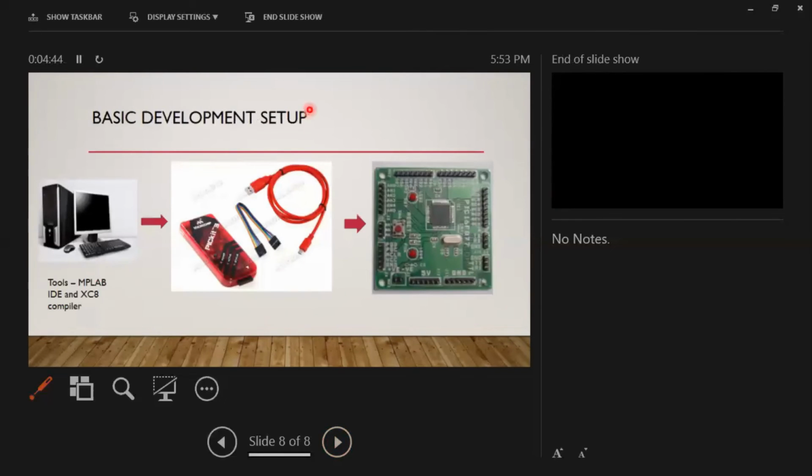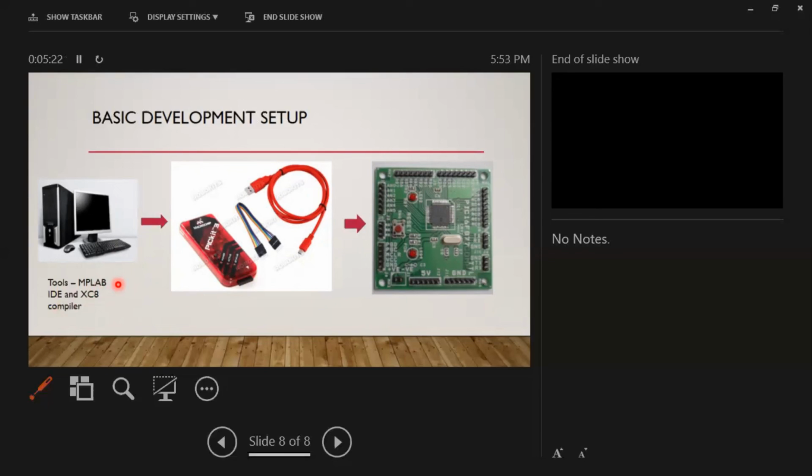So this is the basic development environment we need. We need a PC, a hardware environment, a host environment to develop our programs that are going to be executed in this PIC16F877 microcontroller. So what is required to write code? You need a compiler. The compiler we're going to use is the XC8 compiler. Microchip provides MPLAB IDE, which is used as an integrated development environment. We can write the code, and this MPLAB IDE needs a host system. So we are going to use a dedicated PC for developing this code.